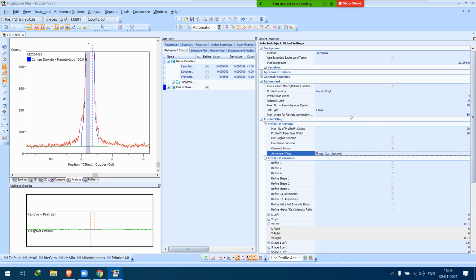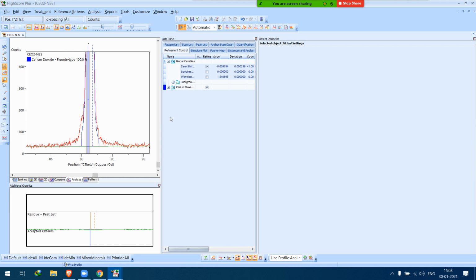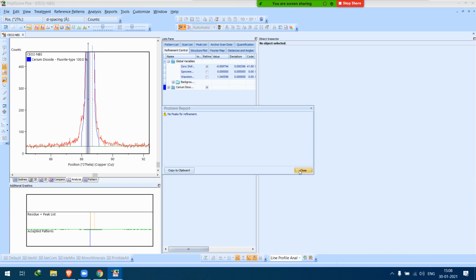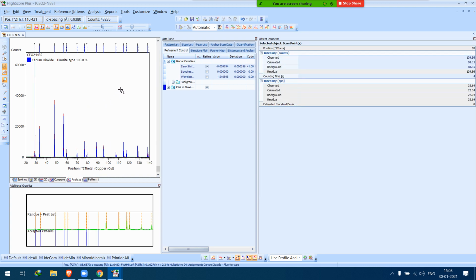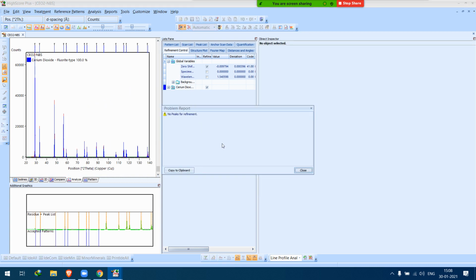Okay, we'll proceed with the procedure. Peak base width. Okay, we'll go ahead, we'll just fit the profile. Let's see what happens. No peak refinement. Okay, double click. No peaks for refinement. We have defined the peaks.